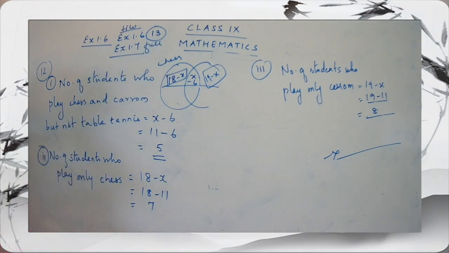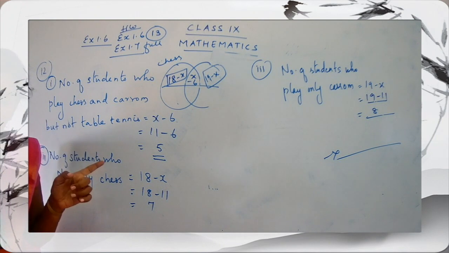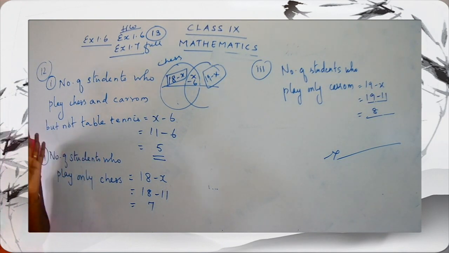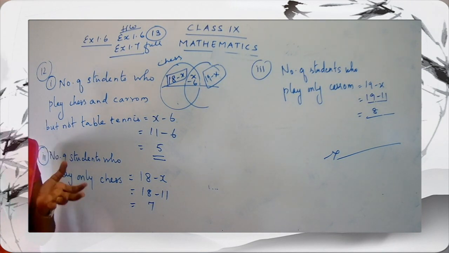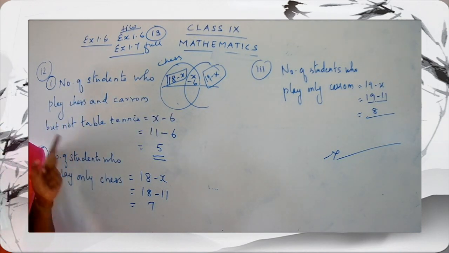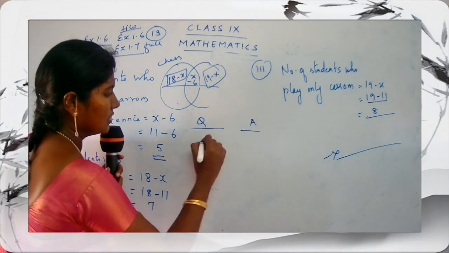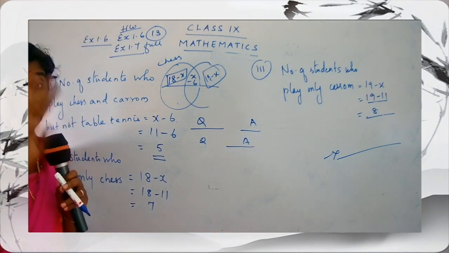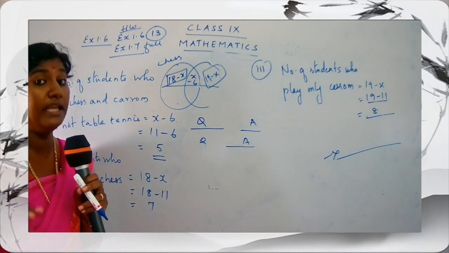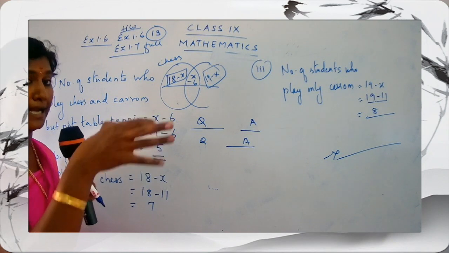That is the multiple choice questions. Okay, listen to me clearly, children. Just listen to me how you are going to proceed with exercise 1.7. Are you listening to me? For exercise 1.7, you have to write the answer in the form of fill-up. You're not going to write the answer as a multiple choice question. You have to write the question and the answer. They have given you 4 choices. You know that only one answer will be correct? So you will write the question and the answer. Question, answer. Question, answer. No one is going to write all the 4 choices.